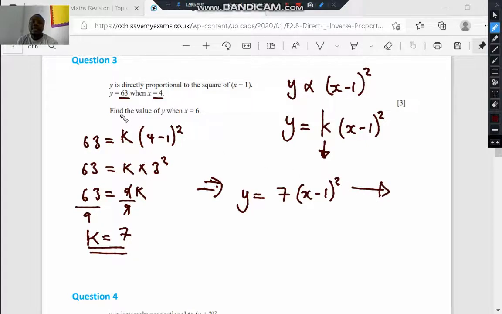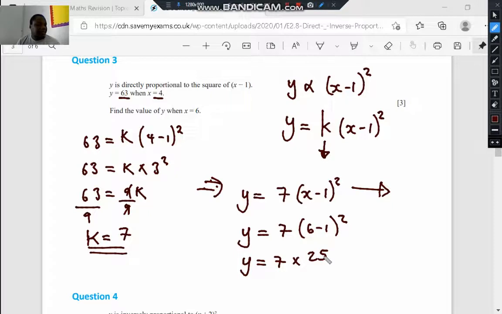So now the last part of the question says find the value of y when x is equal to 6. So we substitute 6 in this equation. Which will now give us y equals 7 times 6 minus 1, 5. 5 squared is 25. So we multiply this by 25 to get y equals